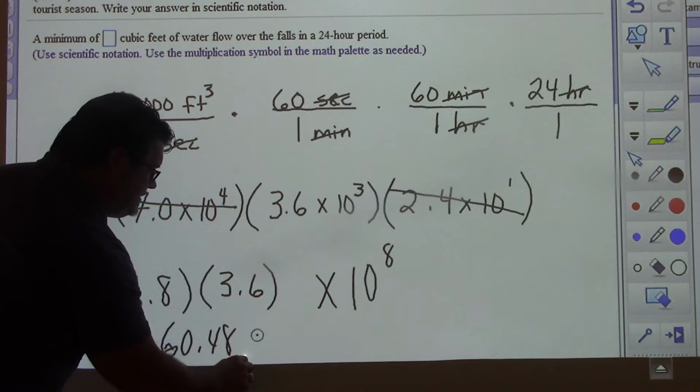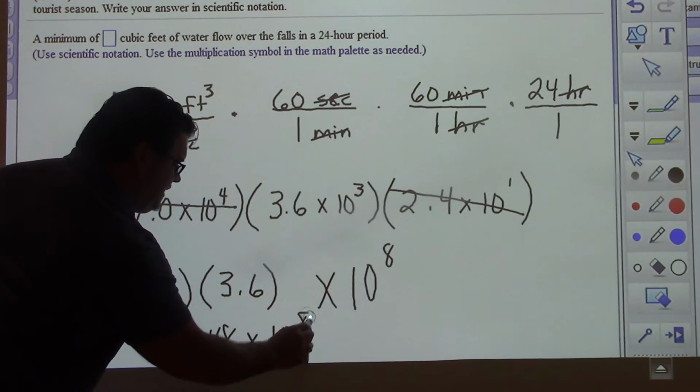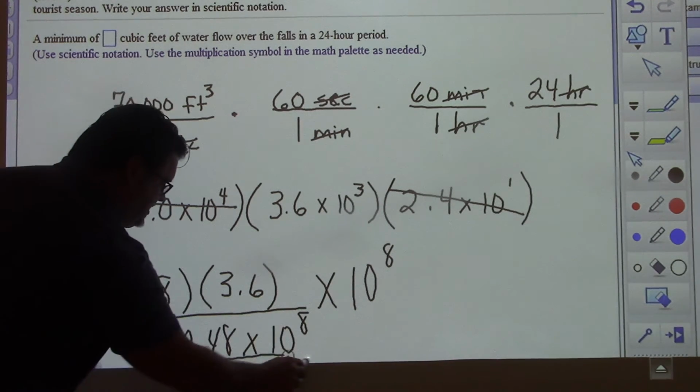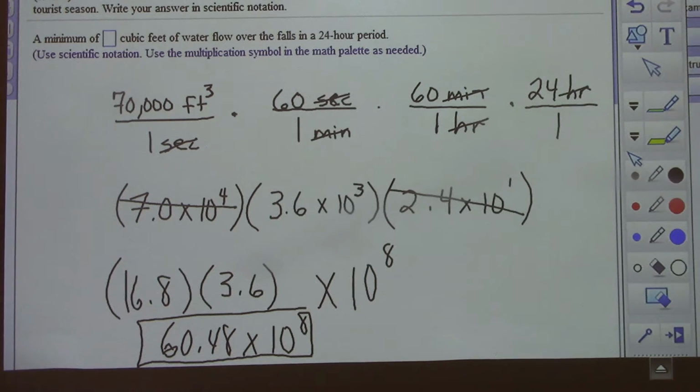60.48 times 10 to the 8. Now, am I worried about scientific notation on this one? No, because it's a unit of measurement. Oh, it says write in scientific notation. I would not write it in scientific notation because you're asking for cubic feet of water. Yes, I would write it in regular notation. But anyway,